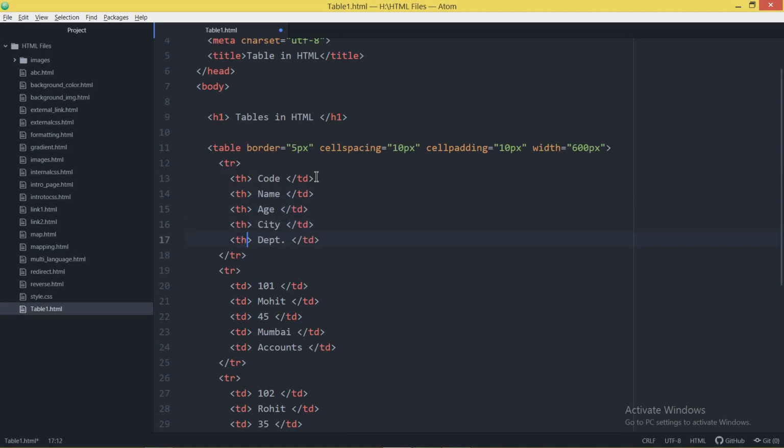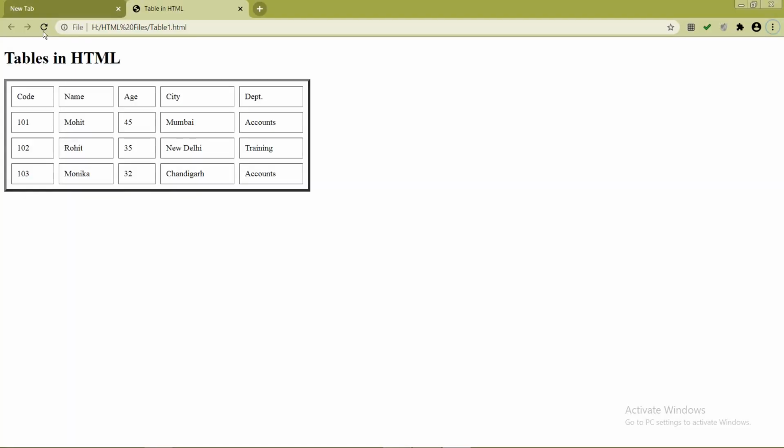TH stands for table heading. You can see it here like this. This is your TH tag. TR is table row, TD is table data, TH is table heading. My first row contains headings, and I want to align that text to the center of the cell and have it come as bold. Then contain that text within the TH tag, that is table heading. See the output. Each text is aligned towards the center of the cell and coming as bold text. This is a very simple table you can make in your HTML.